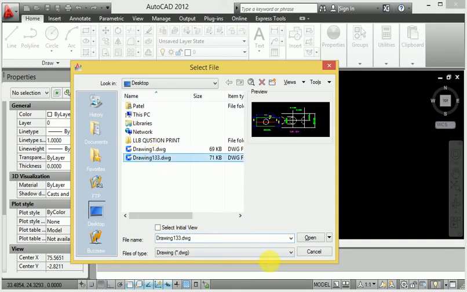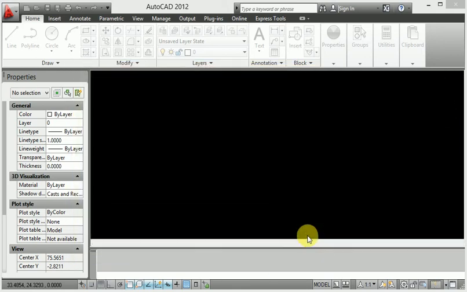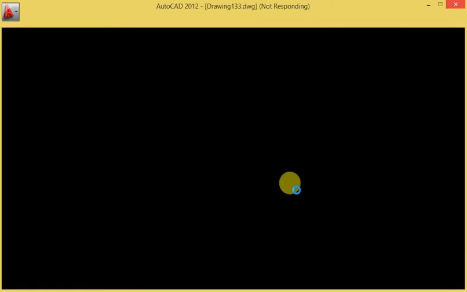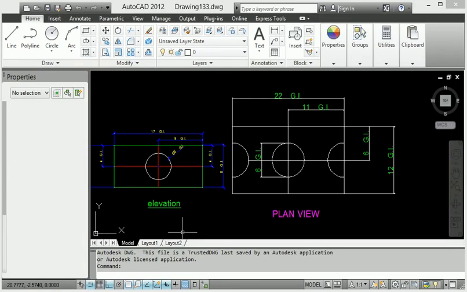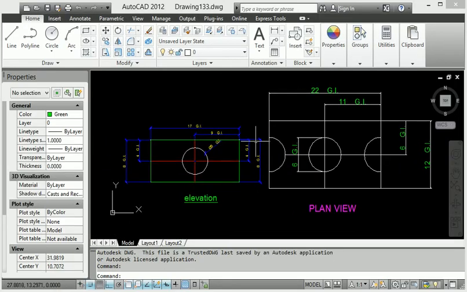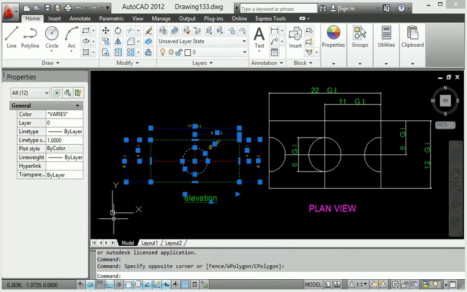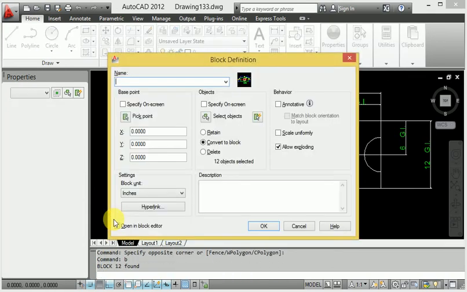If you make a big, large diagram and want particular selections in your diagram, I will show you. This is an already developed component. I want this total part to be one block definition.